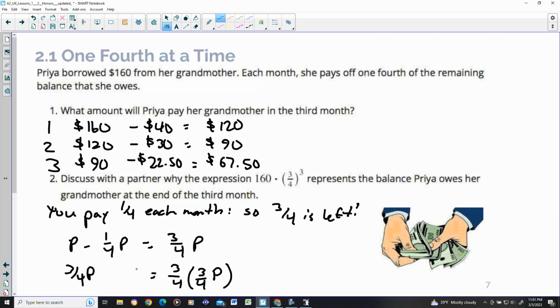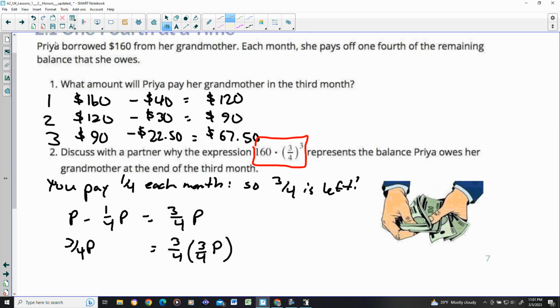And if we were to repeat the process, you're going to have 3/4 of 3/4 of 3/4 of P, which is where this comes from. So I'll highlight this. And so each month, 3/4 of the balance is remaining. 1/4 of it is being paid. So that's where exponential functions come into play. And every time we calculate